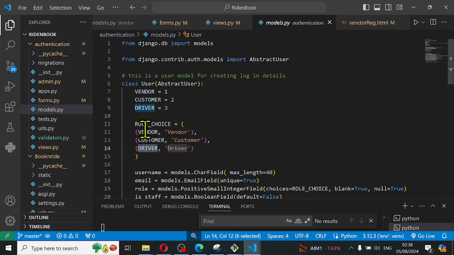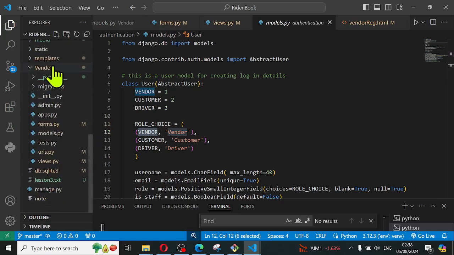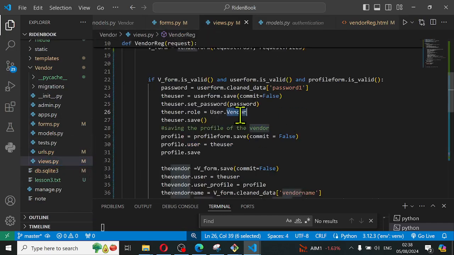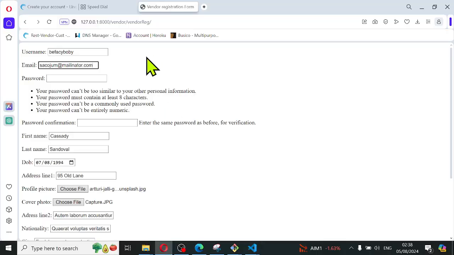So this is all caps. So I'm going to go back here to my vendor app and then to my views.py, and then change this to all caps, vendor. Yeah, and then click on file, click on save all, and then come back to your page and fill the